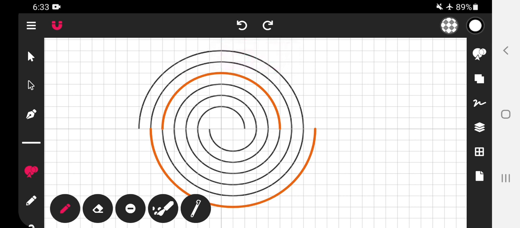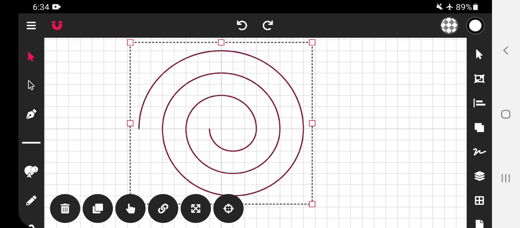By mistake, if you have selected wrong lines, you use this eraser tool and erase them. Take this join mode and trace one spiral line. Gently and steadily you have to trace. Then go to this selection mode and select it. So our spiral shape is ready.